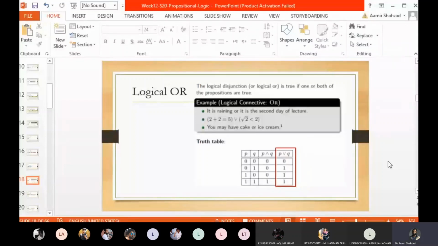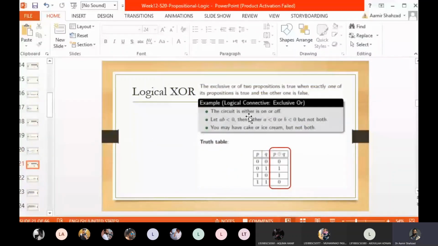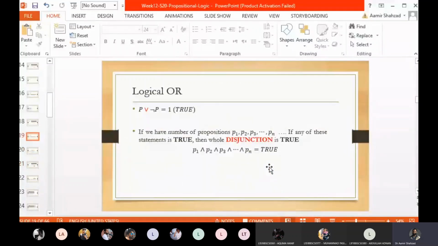आपको चॉइस ही ये थी कि यू कैन टेक केक और आइसक्रीम, दोनों तो नहीं लेने थे। सो दैट और ऑपरेटर, दैट और द वर्ड और जो हम अपनी डेली लाइफ में यूज करते हैं, दैट इज एक्चुअली कॉल्ड एक्सक्लूसिव और। कि आपको ऑप्शन दी गई आप ये ले लें या आप वो ले लें, आप दोनों नहीं ले सकते। सो दैट इज डिफरेंट फ्रॉम लॉजिकल और। उसके लिए हम वर्ड यूज करते हैं एक्सक्लूसिव और का। आई विल कम टू एक्सक्लूसिव और इन अ व्हाइल।